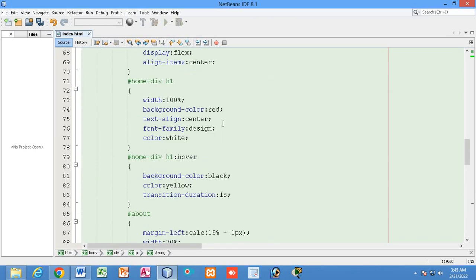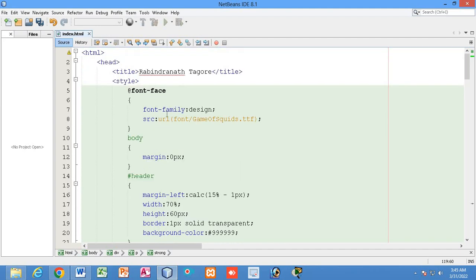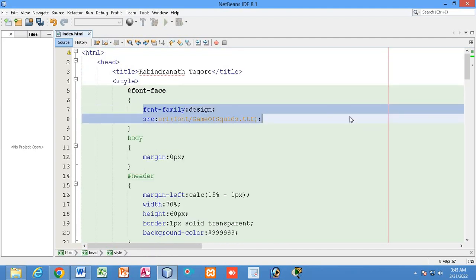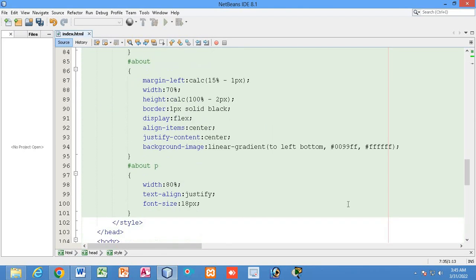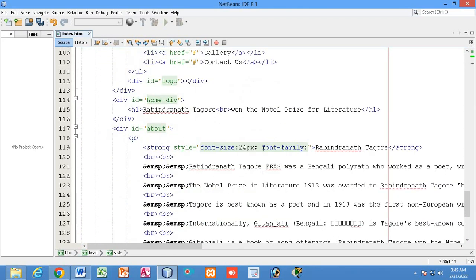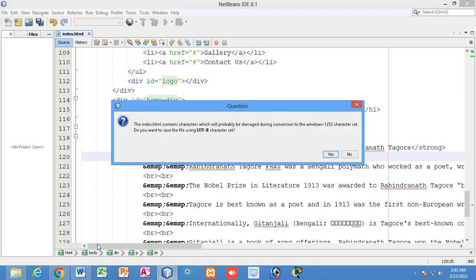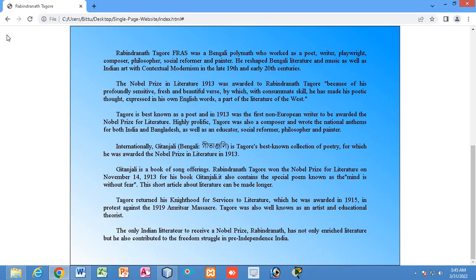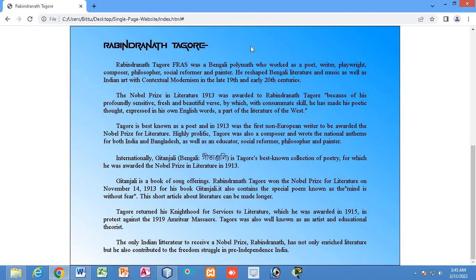The font which I have declared here, I will call by this name, design, right? So if I write here font family design, okay, then you can see how it looks. Okay, this is how it looks, right?